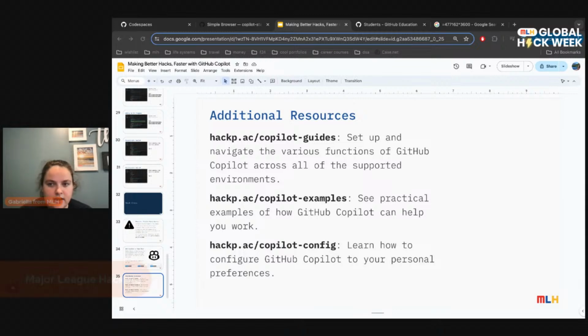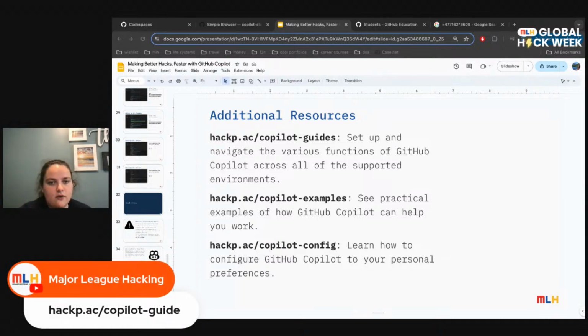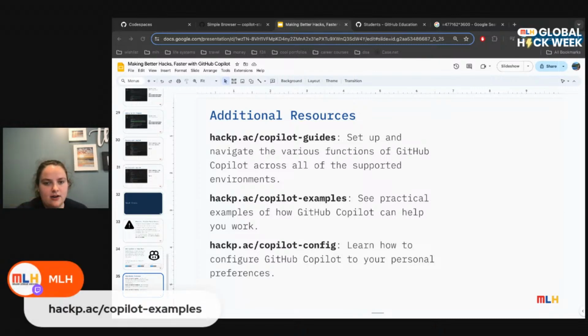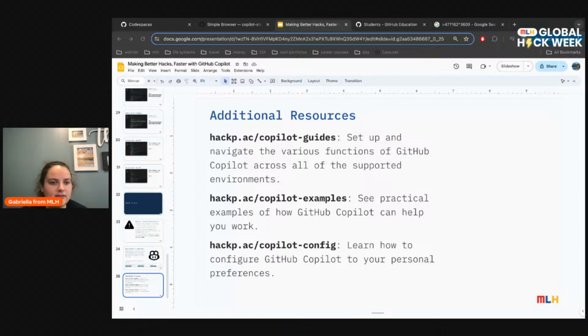All right, so the Copilot guide is the first link for all the various functions of Copilot in different supported environments. I showed you all some supported environments earlier. Here are different examples. If you don't want to use it in Flask, if you want to use it in HTML or a different programming language, like Java, JavaScript, Rust, Swift, they might have some examples there. I don't know all the examples off the top of my head, but it's super helpful,